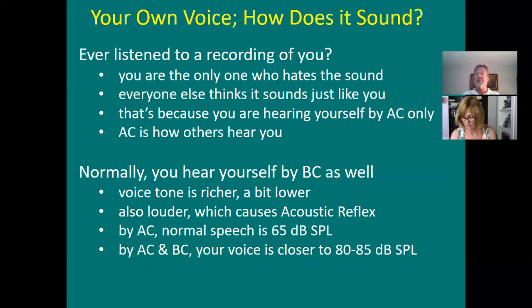That's why you have them. And what sounds cause acoustic reflexes the most? Loud, low-pitched tones. Not loud high pitches, loud low-pitched tones. And what's the loudest part of speech? The low-frequency vowels. The low frequencies are the loudest parts of speech. Vowels are the loudest part. Soft high-frequency consonants aren't very loud. So what's the loudest part of speech? The low pitches. So that's why acoustic reflexes are also caused more by loud, low-pitched sounds rather than loud, high-pitched